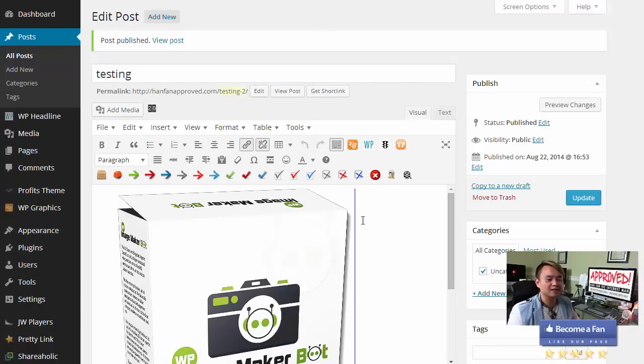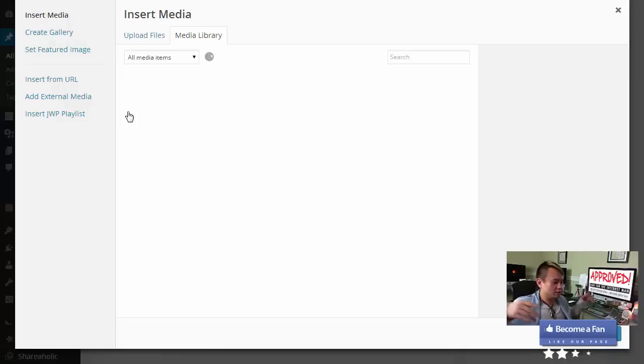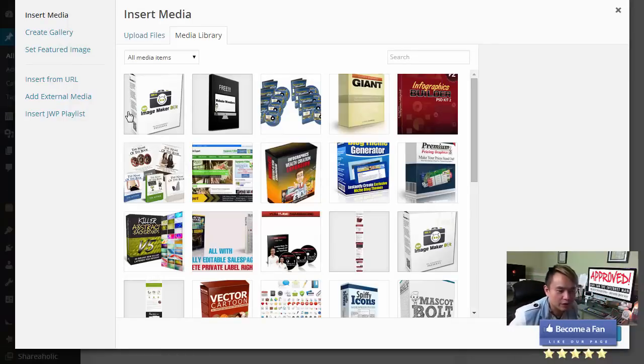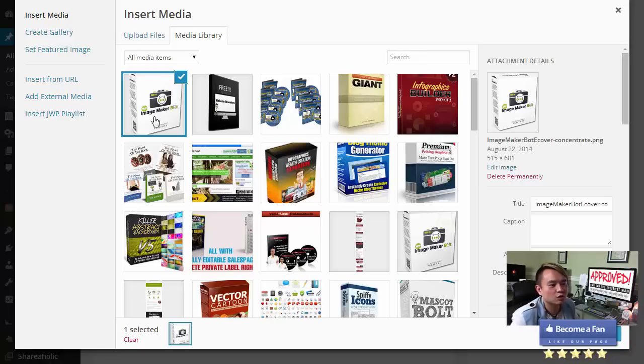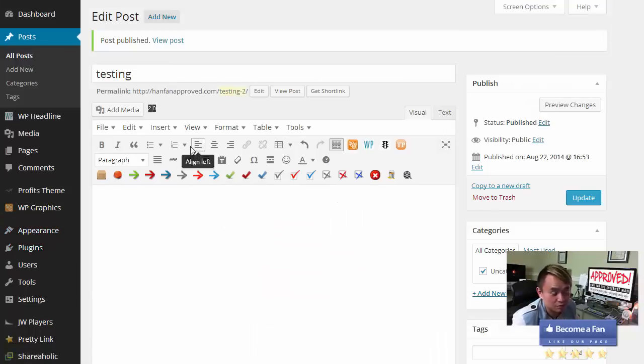So what exactly is this thing? How does this work? Well, let me just demo this very quickly. I have set up a test post for this. What you want to do is add an image, the normal way. Once you install this plugin, it's really simple to install. Just go to plugins, add new, and upload. Just like that. There's no secret code or license key. It just works. Once you install it, you're going to get this little tool here